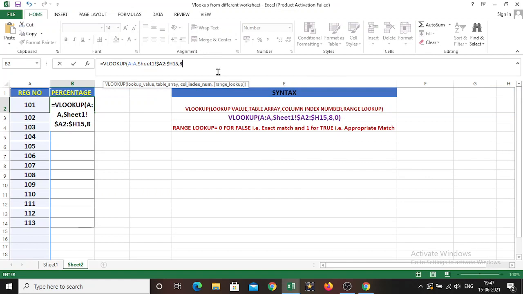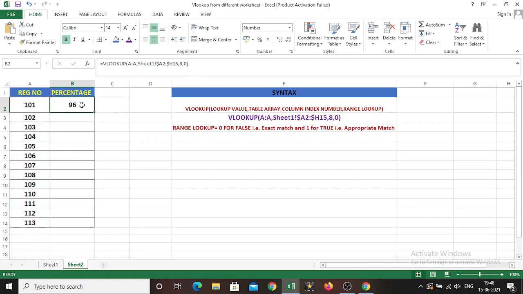So you are telling Excel to look up the 8th column value, and then give a comma, then you have to give the range lookup. Either you give true for the approximate match or type false for the exact match. The other way is type 0 for exact match and type 1 for approximate match. So in this case I want the exact match, so I am typing 0, then close the bracket, press enter.